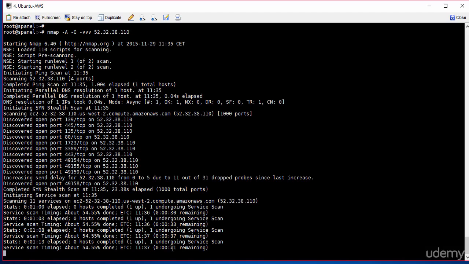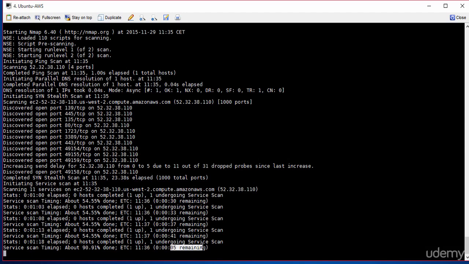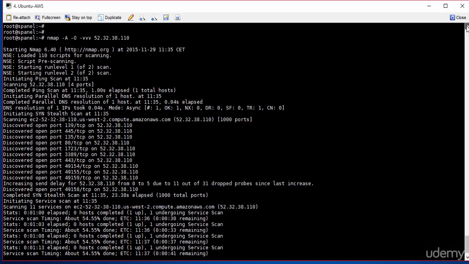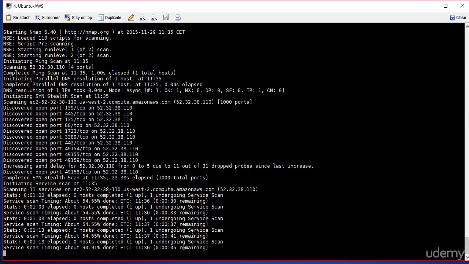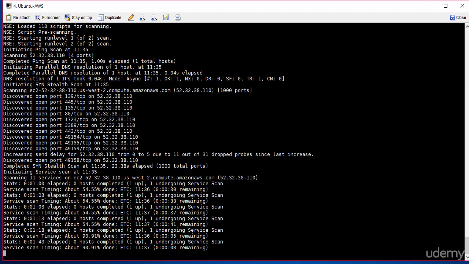And as that is running, let's talk about some of the other ports. So if you look at some of the ports in that list, we've got 139, 445. If you didn't use the -vv command, you wouldn't get all this detailed information. So using the -vv command will give you much more detail than previously recorded. So let's just go through and make sure this finishes shortly. It shouldn't be too long,